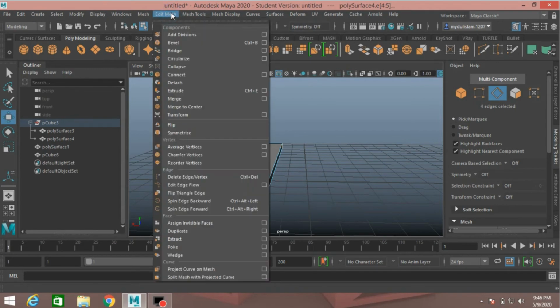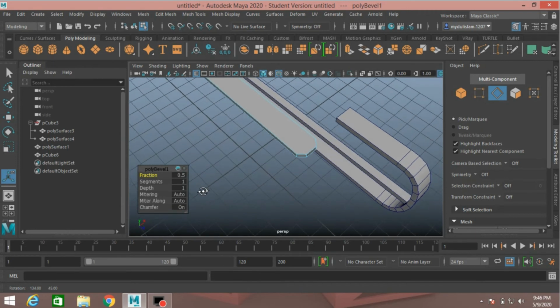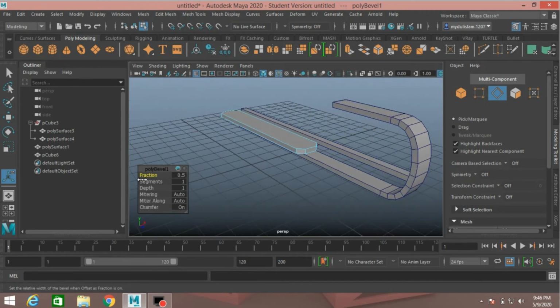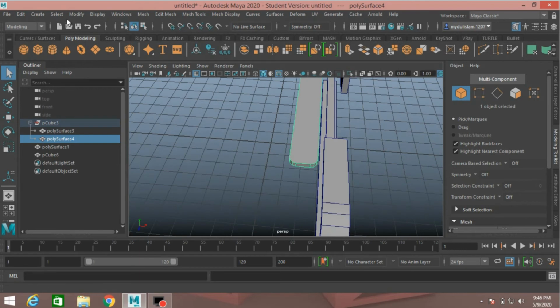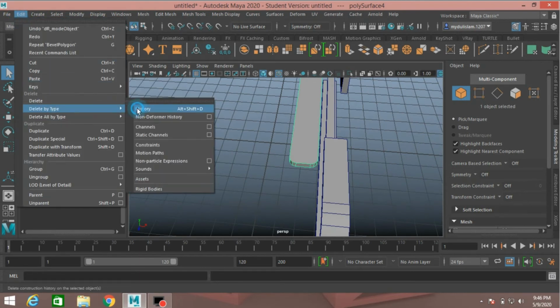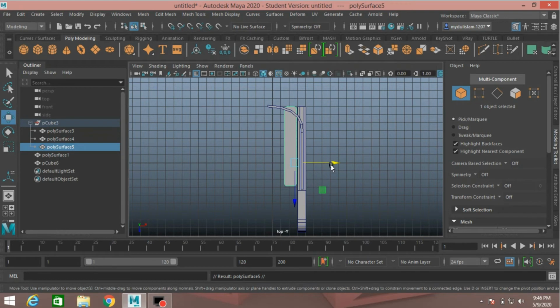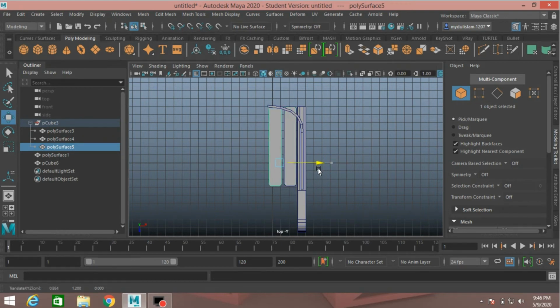Now go to edit mesh, click bevel just like this, segment increase, take 3. Now go to object mode, edit, delete by type, delete history. Again go to top view, press Ctrl plus D to duplicate and move it here just like this.